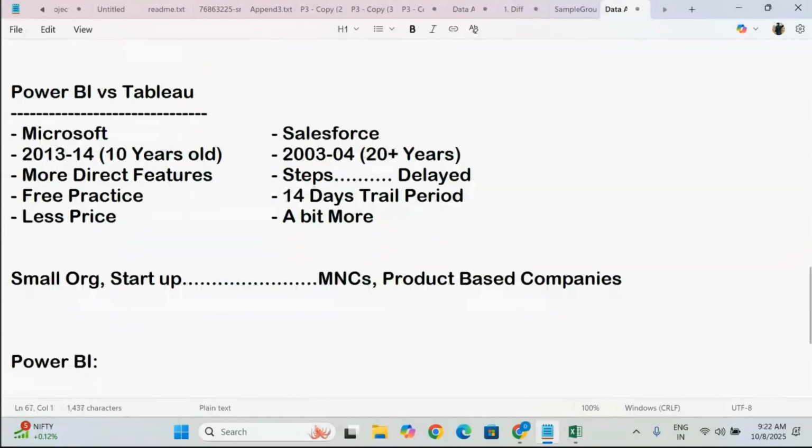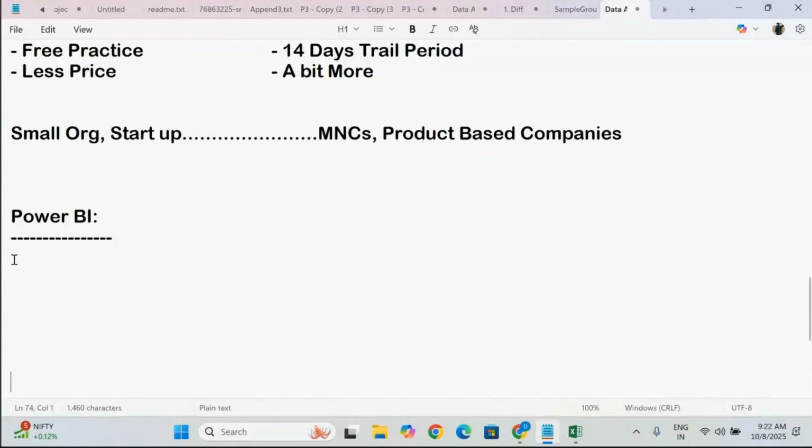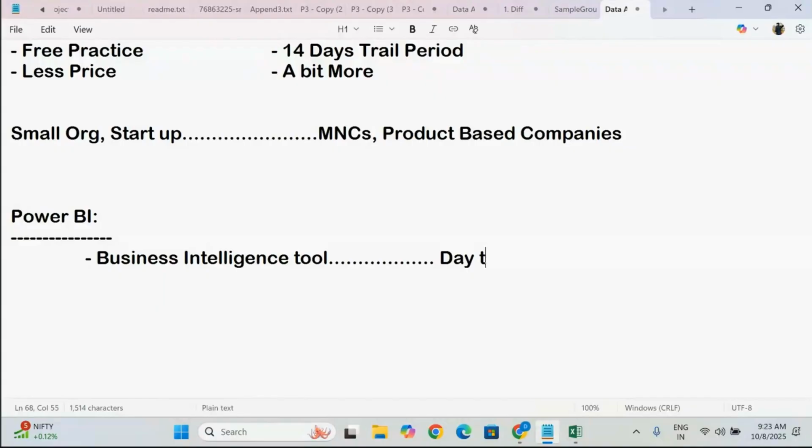So Power BI, just understand over here. What is Power BI? Here BI means business intelligence. Why do we call it a business intelligence tool? Just observe here. Whether it is the day-to-day business, month-to-month business, year-to-year business or quarter-to-quarter business,